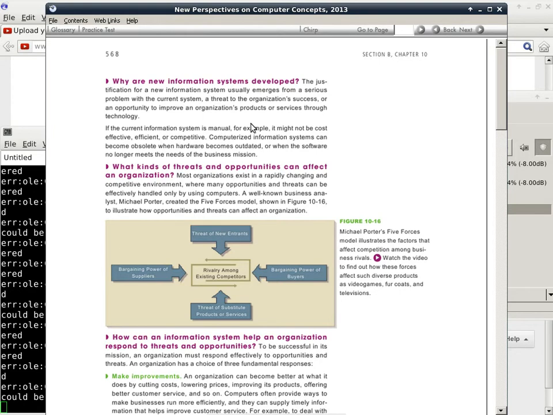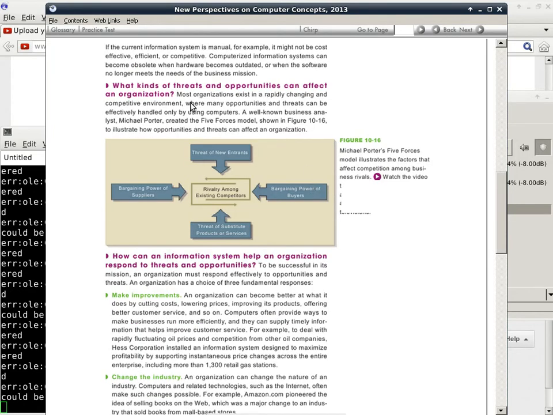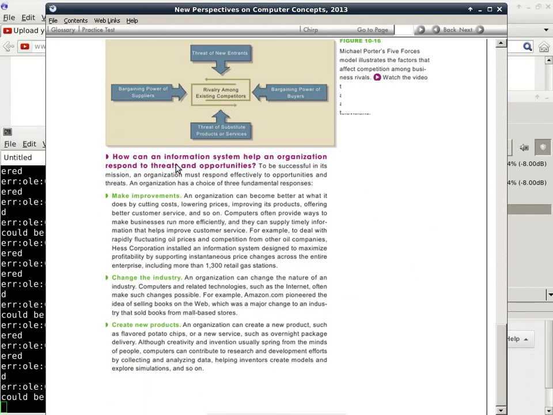And then it talks about threats and opportunities that can affect an organization. That really has to do with external forces that impact the decision of a particular organization to reinvent or get a new information system. And then it talks about how an information system can help an organization respond to threats and opportunities: make improvements, change the industry, and create new products. Now, making improvements is kind of a given. Why would you get a new information system if it is not improving anything? Changing the industry,